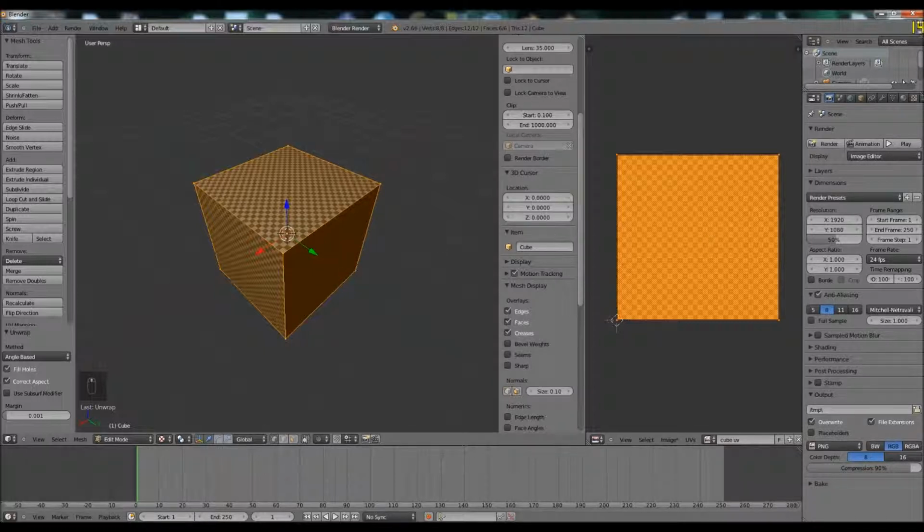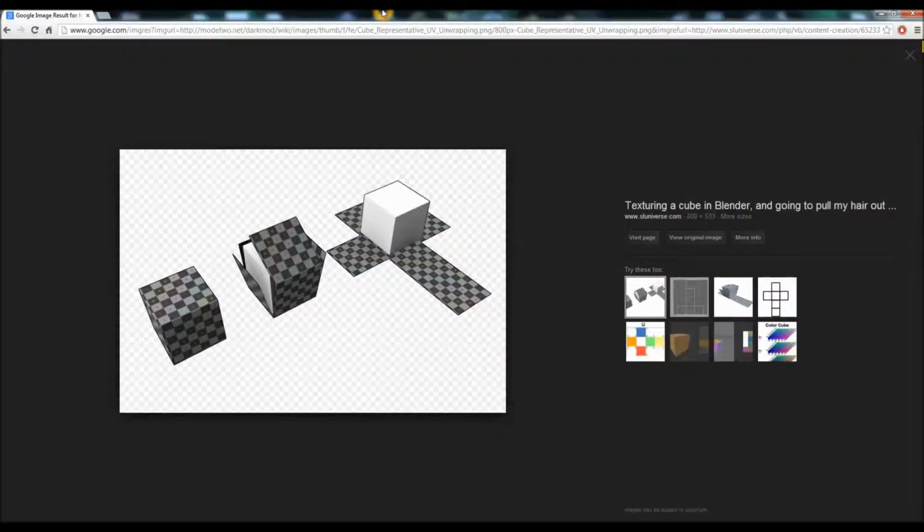And I have an image over here which will show you what it would look like if we were to unwrap our cube. I grabbed this image off of Google, just typed in cube unwrapped, and this is the first image I grabbed. Basically it shows you what a cube would look like if you were to unwrap it. And by this, it shows you what we're going to be using, a thing called